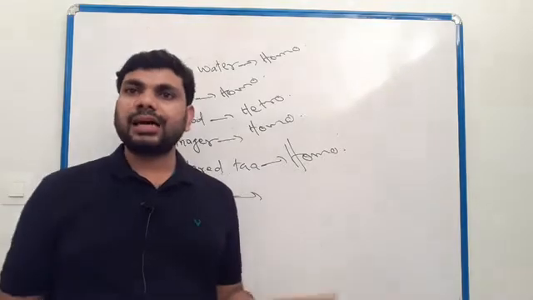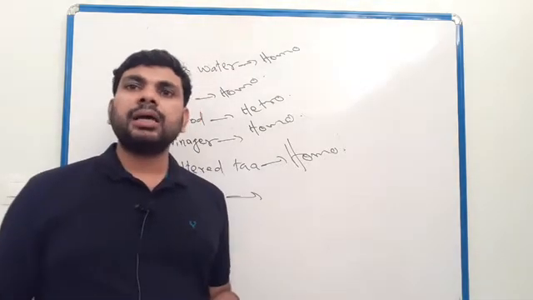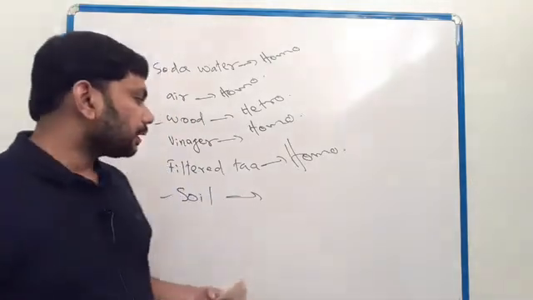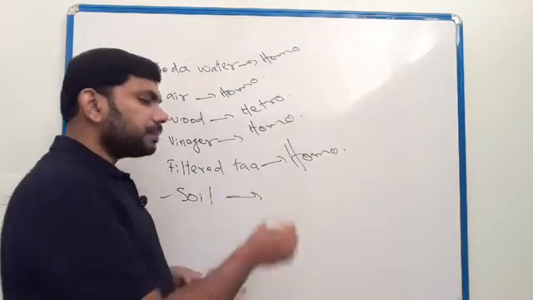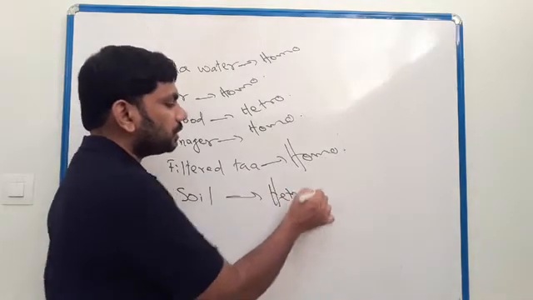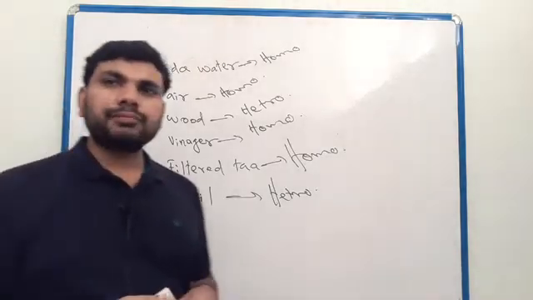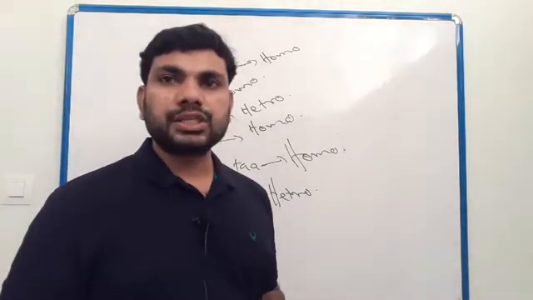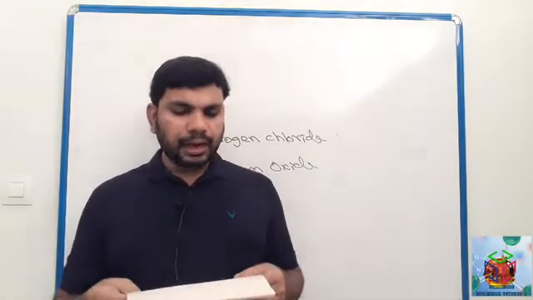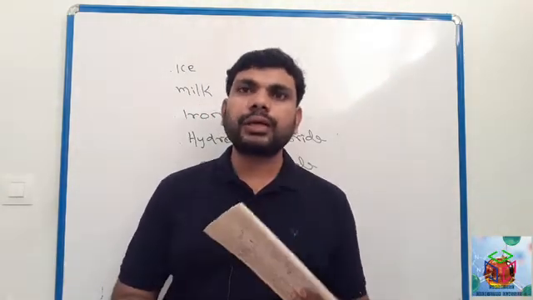Soil, there are different types of materials in soil. Okay, so it is not mixed uniformly and it is heterogeneous mixture. So here these two are heterogeneous mixture, the rest of them homogeneous mixture. Okay, next question. Here we have given different types of substance and we have to find which of the following